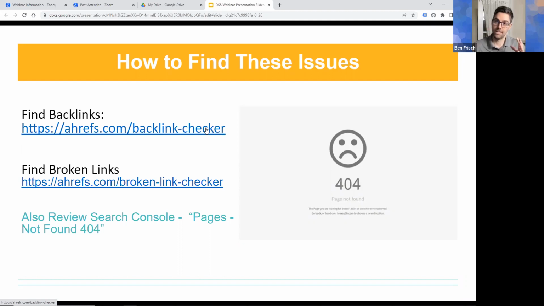So you want links from websites that have a high rating and high authority. A good example is a government website, which has a high domain authority. It's well trusted. It's a source of quality